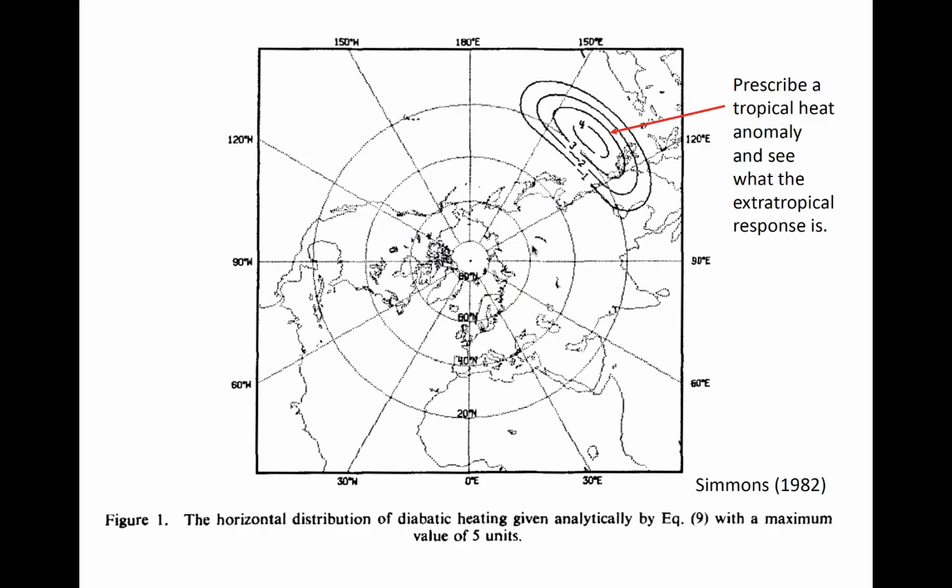In a simple atmospheric model, an anomaly of diabatic heating can be inserted as an initial condition, and the response can tell us about the Rossby response to this heating. For example, consider the current figure from a 1982 paper. In the upper right of the figure are contours that indicate where latent heating was placed in the model. This is located over Southeast Asia and the West Pacific, north of the equator.